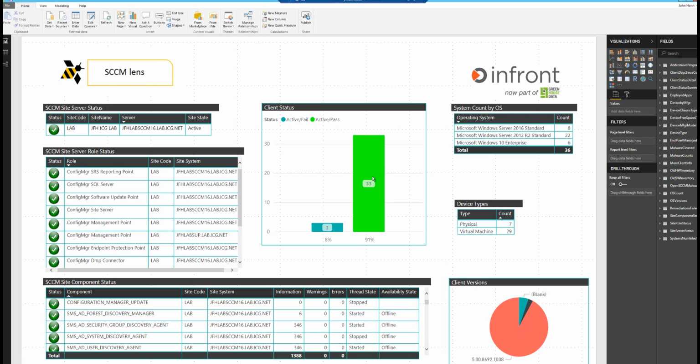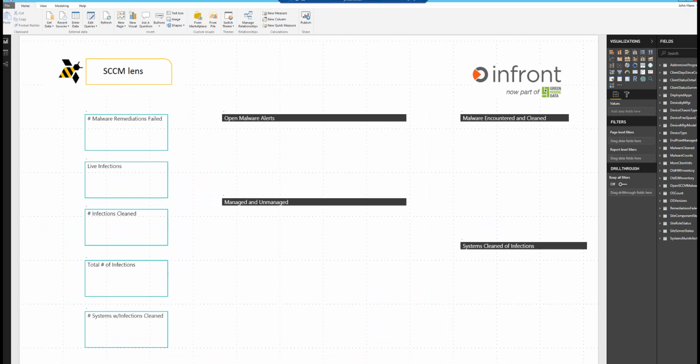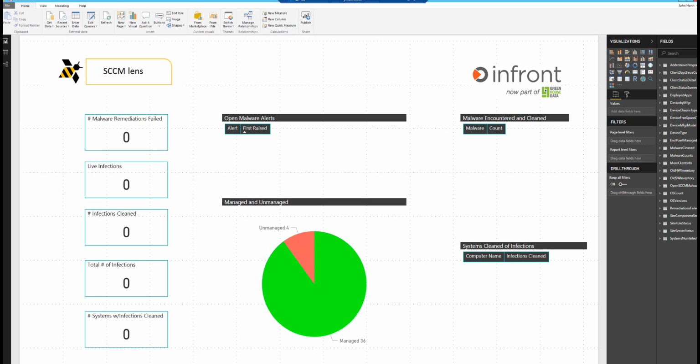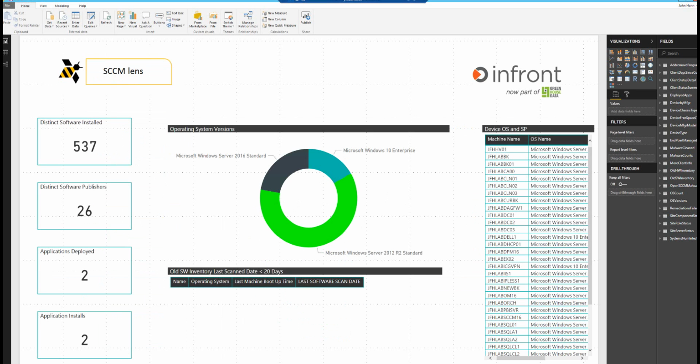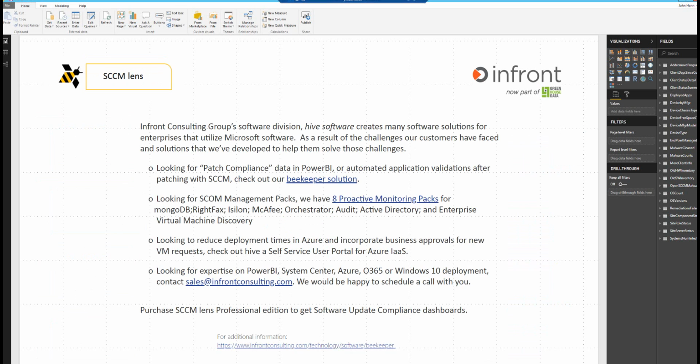A little bit about client information. We have our endpoint management, our protection dashboard. If you're using SCCM's malware detection, then the information will be here. Since this is a lab, there are no live infections. We have hardware inventory, software inventory, and then if you are interested in our full